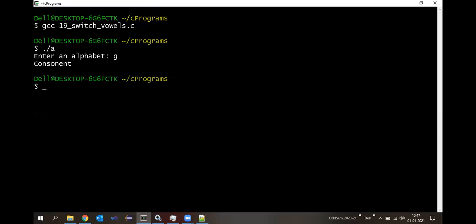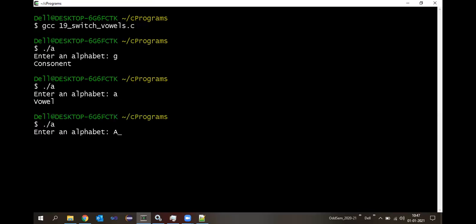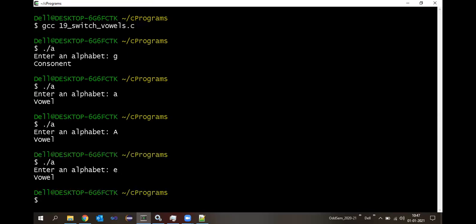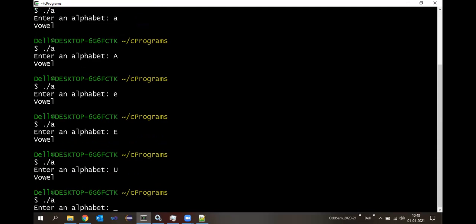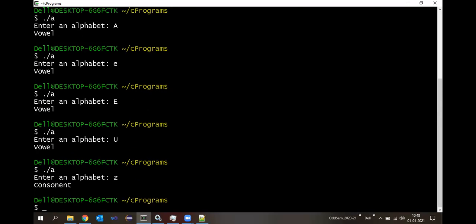What will happen? Consonant. Let us run once again. Let us enter a lowercase a, vowel. Enter uppercase A, vowel. Enter lowercase e, vowel. Capital E, vowel. Capital U, vowel. And if you enter any other, now say Z, consonant.